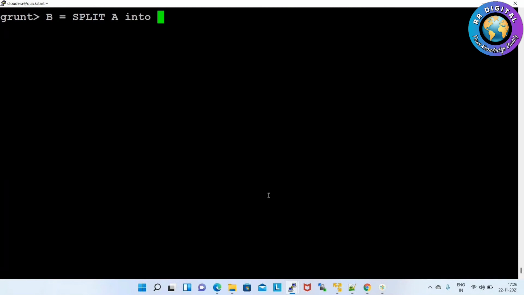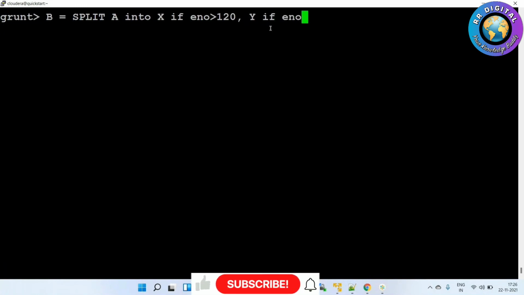A. Into A related data you can put into bag X if employee number greater than 120. So employee number greater than 120 related data you can put in bag X. And then Y if employee number double equals 140. Only 140 employee number related data you can put in bag Y.